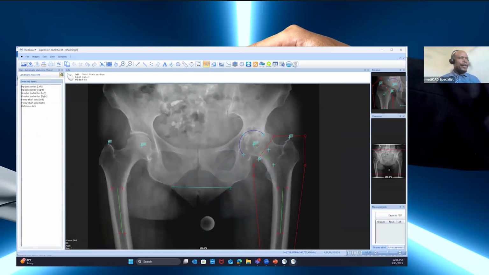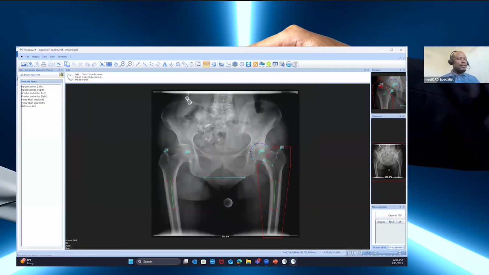But again, you have the option to make adjustments based on your expertise by moving some of the landmarks, because based on the image, the software may not have detected properly, and some of the landmarks may not be in the proper place. So you can manually adjust it as I'm doing right here. Once you adjust it and you are satisfied with the landmarks,